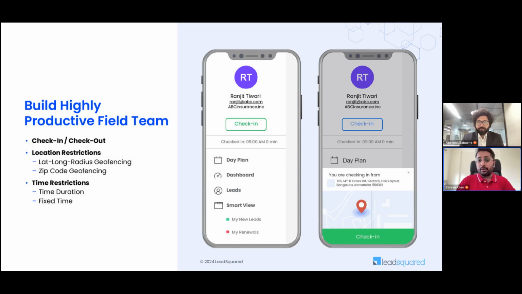Another important part is location restrictions. Say there is a defined spot for a person to visit a customer location, you want to ensure that this location is being captured. You can also have geofencing, ensuring that the person does not go outside of that radius, right? Because then they can probably go to a friend's place, or some other cafe, and then punch in and say, look, I have completed my quota, which is again a problem and doesn't really give you visibility in terms of what is happening. So using these things, we can ensure that productivity is high and there is also some kind of discipline being followed by the sales agents, which makes them efficient,